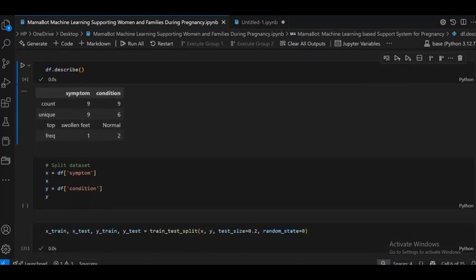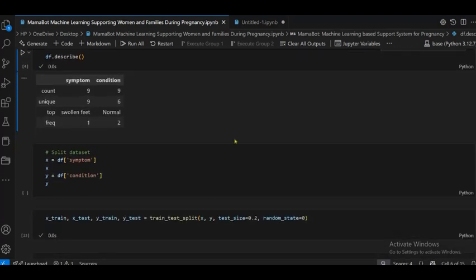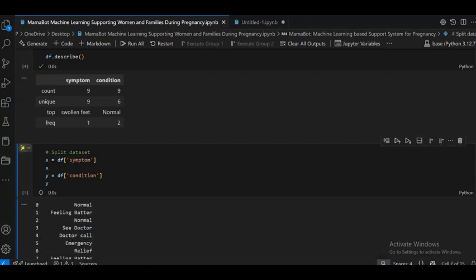The next one is splitting the data. For x I pass df with the column name symptom, and for y I pass the next column name, condition, and print it. So it gave the y values.